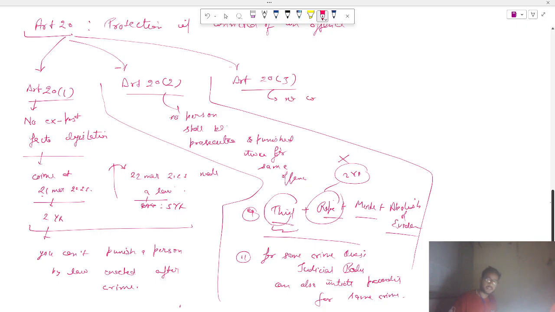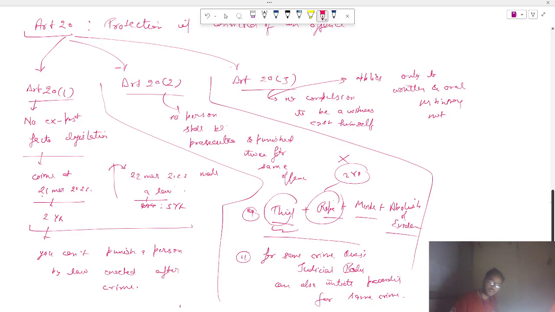So basically, no compulsion to be a witness against himself. So basically, a person cannot be a witness against himself. It may be a possibility that it applies only to written and oral testimony, not to factual evidence. Basically it says about that भैया कोर्ट में जो प्रोसीडिंग्स होंगी उसमें जो एविडेंस होगा वो ओरल होगा